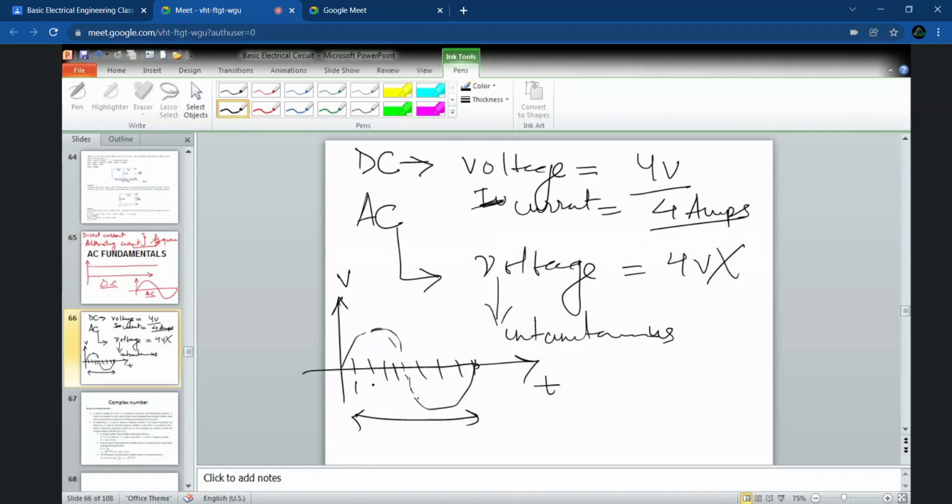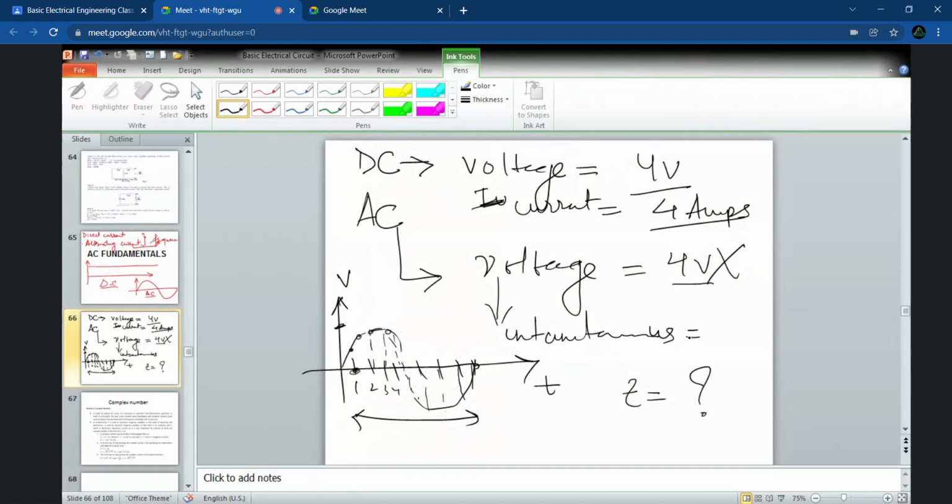Say it is 1, 2, 3, 4, 5 up to some duration. If it is, we can say one complete cycle. For that cycle, at every instant of time, the value of voltage is varying. If you are talking of voltage, you will be asking: voltage at what instant? I cannot say it's only 4 volt. I need to mention voltage at time equal to what. Clear?